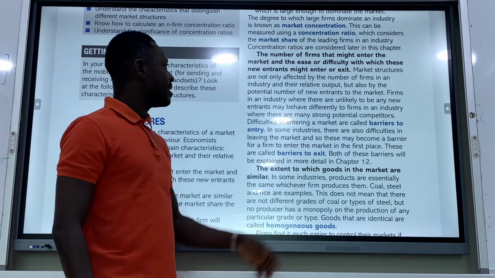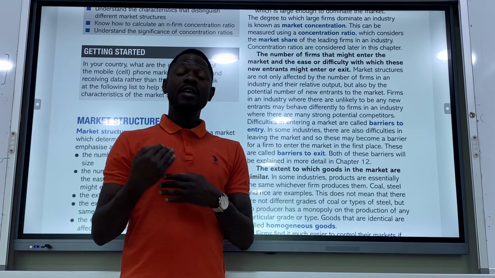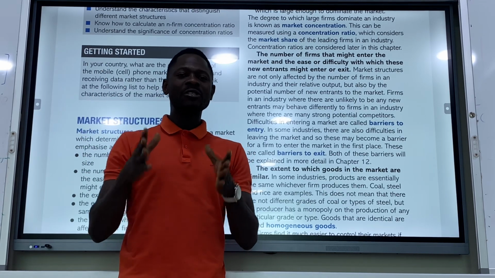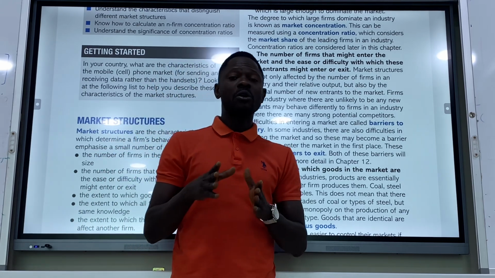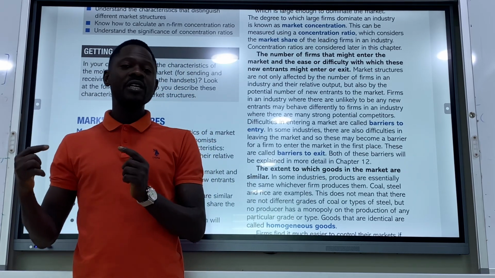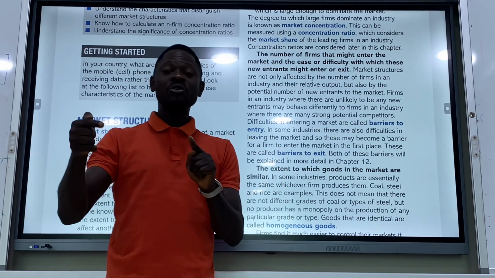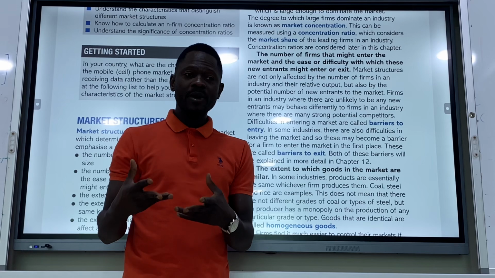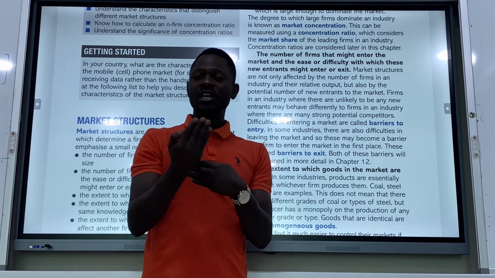Based on what they said here, new entrants are new businesses trying to come into the industry. If new businesses are unable to go into that industry, it means there are barriers to entry. And if it is also difficult for firms to leave the industry, these are what we call barriers to exit. So the barriers to exit might also bring about barriers to entry. So if a new firm understands that if it goes into that industry, for example, the educational industry, so a firm going into the